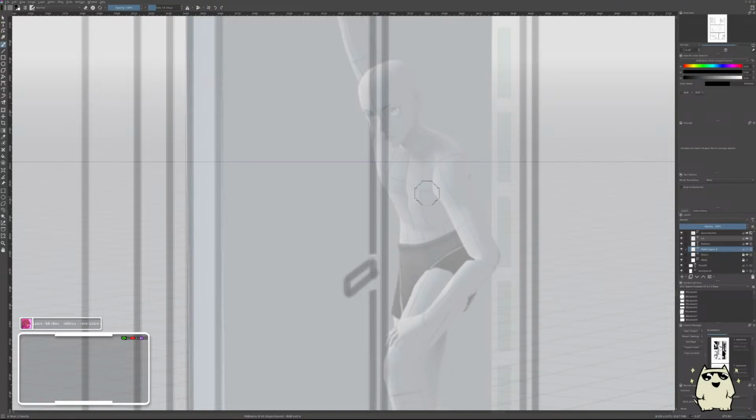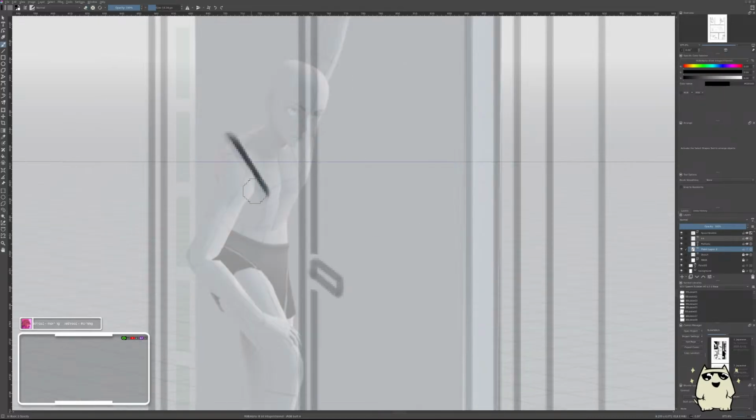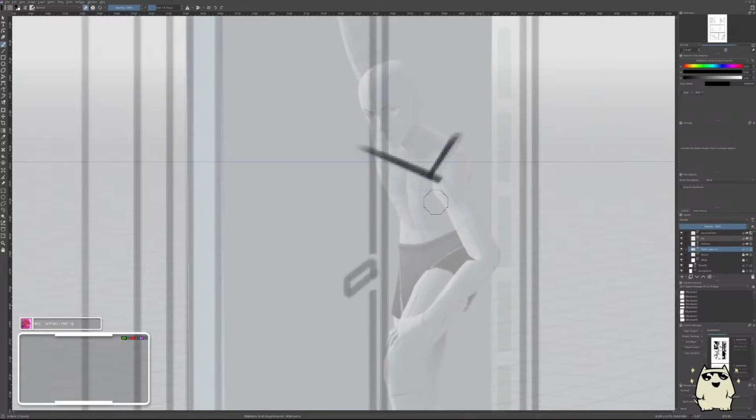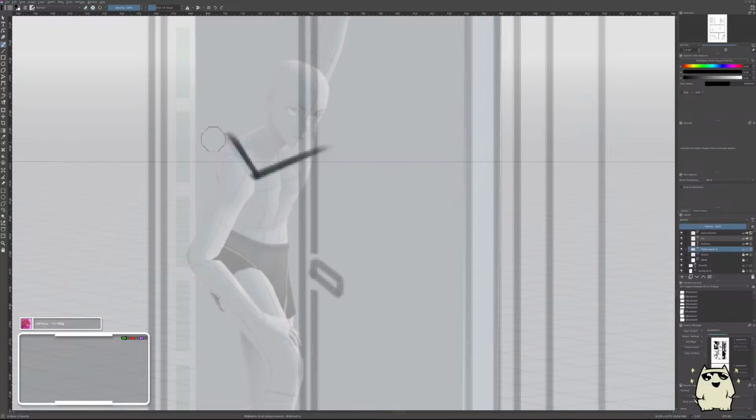I don't know. Maybe I'm just following the reference a little bit too closely, because I really want that forward tilt of the torso to come through. We see practically all of the top plane of his shoulders, but of course you have the neck and stuff in the way, so